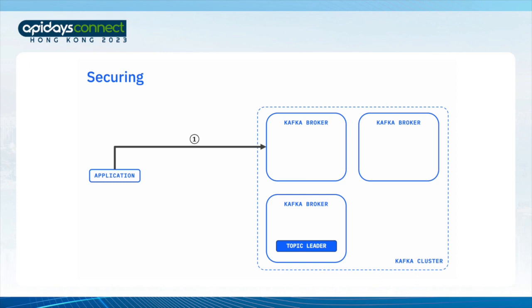So the first thing the application is going to do is connect to one of the brokers in the cluster at random. It makes what's called a metadata request. Essentially it's saying, I want to consume from topic X. Where is that topic currently hosted? And that broker is going to respond with the address, the host name and the port number of the broker that's currently hosting the topic. So the application can make a new connection directly to that broker and start receiving events from that topic.